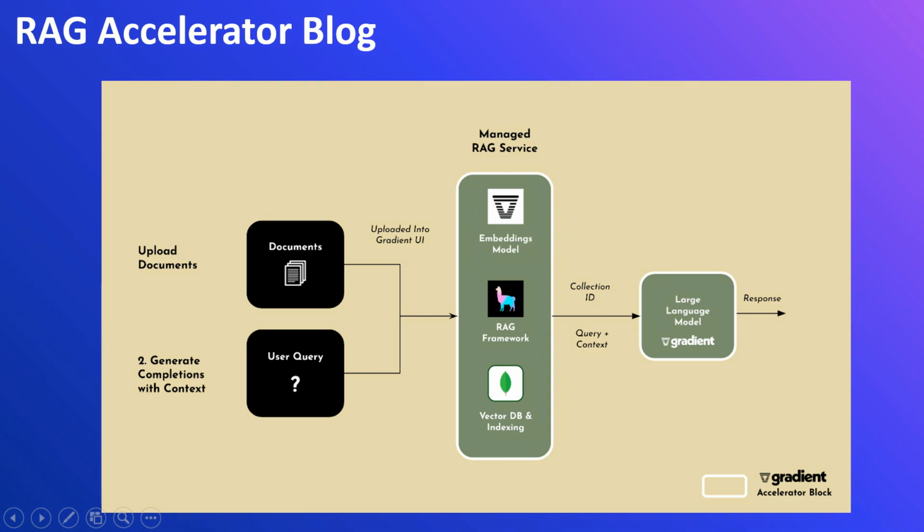If you see this diagram, the RAG accelerator block is used. It contains an embedding model to convert the input data into vectors, Llama index for data integration, then MongoDB as vector storage. The documents are chunked and converted to vector embeddings through the embeddings model and stored in the vector DB. Llama index is used as a data connector. On a user query, the query along with the context data in the vector DB is used to generate the response